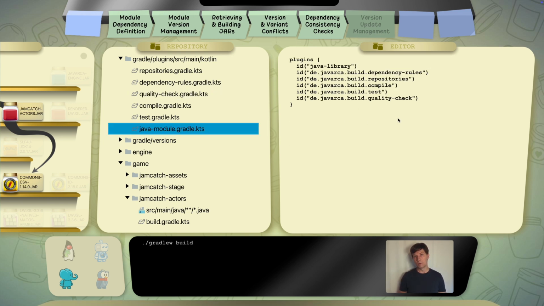This is, of course, only an example for this rather small project. In larger projects, you may have even more concerns you would like to configure. In the context of the Carefree Dependency Management recipe, I don't want to talk about the details of what you can configure here in Gradle. But if you are interested, in my Understanding Gradle video series, I've already covered many of these build configuration topics